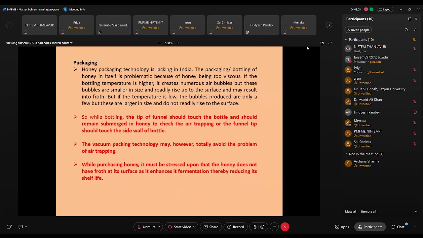While bottling, the tip of the funnel through which we are filling the bottle should touch some side of the bottle. It should not go directly from the funnel to the bottom of the bottle. The funnel should touch the bottle and remain submerged in the honey to check air trapping, so that there is no air trapping. It's a simple method. Either the tip should touch the side wall of the bottle, or